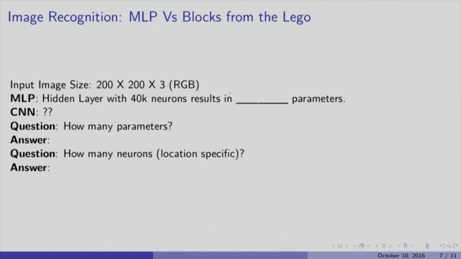Given a multi-layer perceptron for an input image which is 200 by 200 by 3, the 3 being from RGB, the hidden layer with 40,000 neurons would result in how many parameters? Well, the answer is 4.8 billion parameters, and this can be obtained by multiplying 200 into 200 into 3,